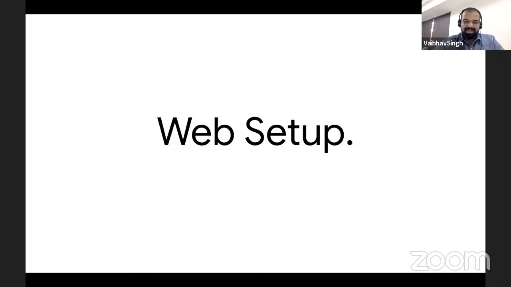Now let's get to a more interesting part of it, how to set it up. We have been getting a lot of queries from the publishers, the website owners whom we work with, that it is becoming a little bit of a challenge for them to do a web setup, because the good thing with the analytics was that you have placed that code once inside your page, you don't need to look at it again. Like I still remember on the website which we made live, we put the analytics code 2 years back, and we never saw where the analytics code has been added. Now this is an altogether new setup, how to upgrade to that.